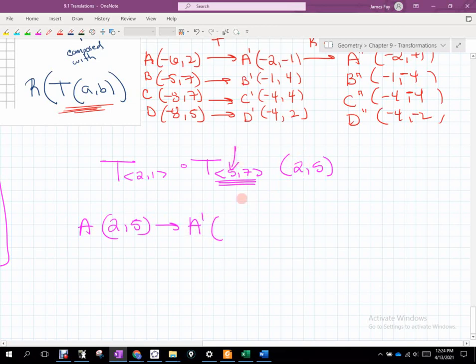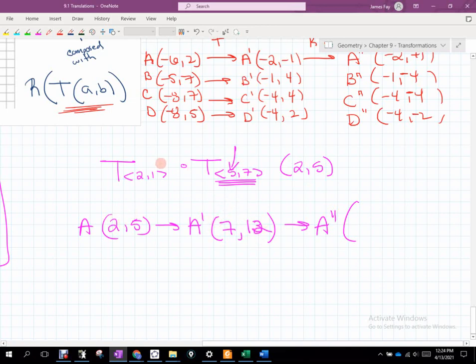I'm going to add that 5 to it, so it gives me 7, right? What am I going to do to that 5 right there? Add 7, so that's going to give me 13, right? Okay, or 12, which is what it really is. So we get 12. Then I'm going to do this transformation, and that's going to go to A double prime, and it's now starting with the 7, 12 instead of